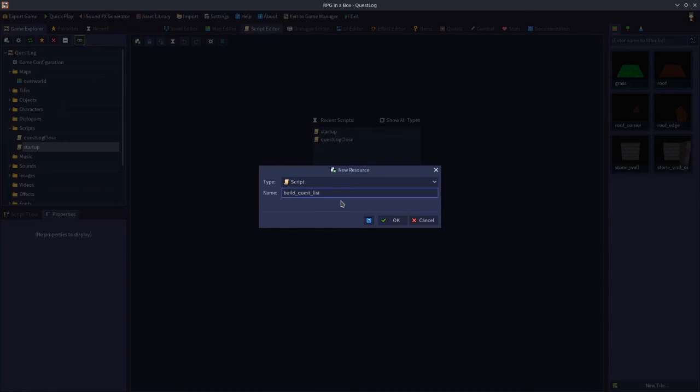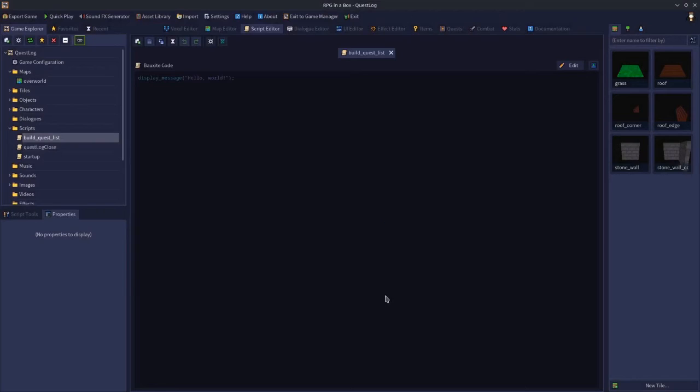Obviously you can call yours whatever you want, but I have to stick to the name so it doesn't error. So I'm going to call this build_quest_list. The reason I'm calling it that is because this script will actually build. It's not just going to show the widget, it is actually going to do some dynamic building. So when we click this button,